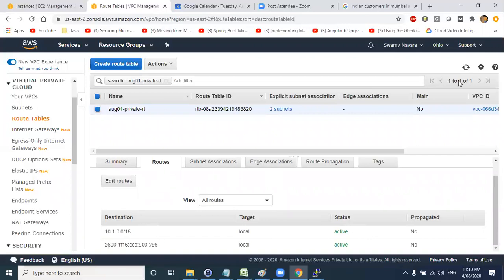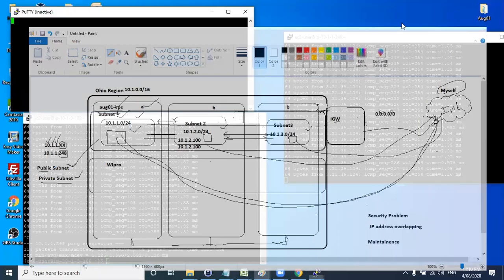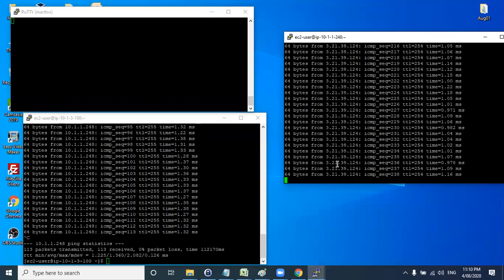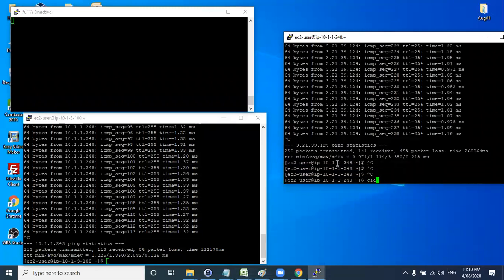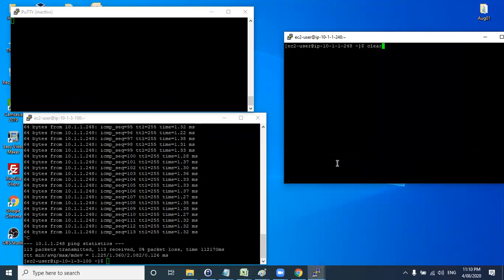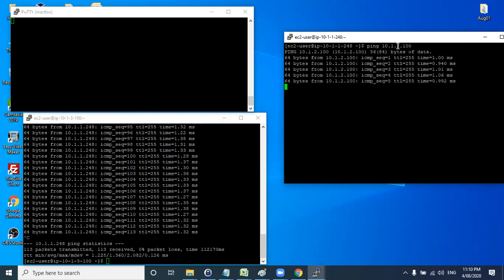So what you can do is go to the subnet 1 machine. So you can ping. Now we are pinging the subnet 2 machine, 10.1.subnet 2.